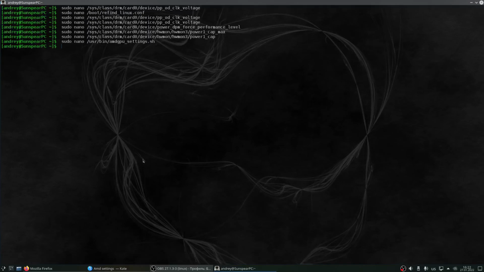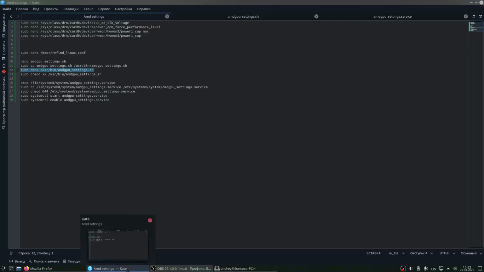In my case all is okay. And after that you need to do sudo chmod +x on that file to make the file executable, amdgpu-settings.sh. So the next thing we're going to do is execute this file each time we start the system.